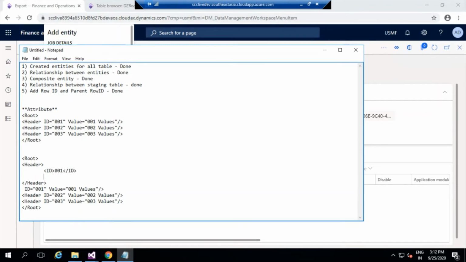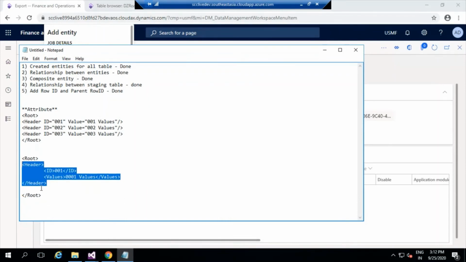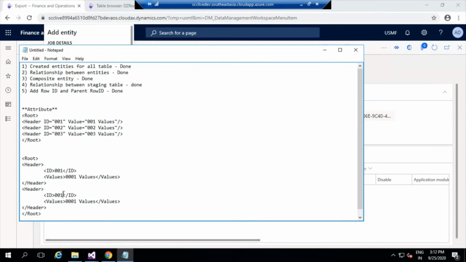Similarly, I'll be saying values, so I can say 001 values /values. So now my XML will be totally different in structure, and this structure is called the element structure. This is how the element structure will be available.